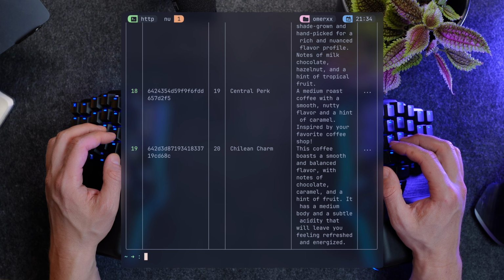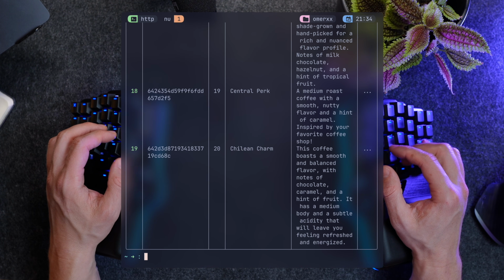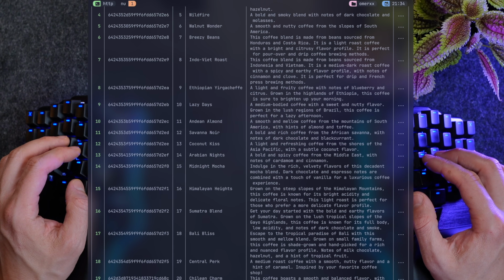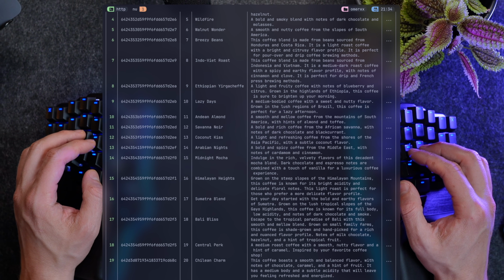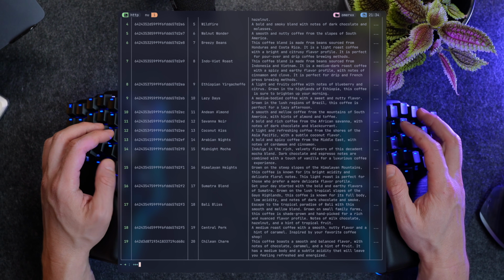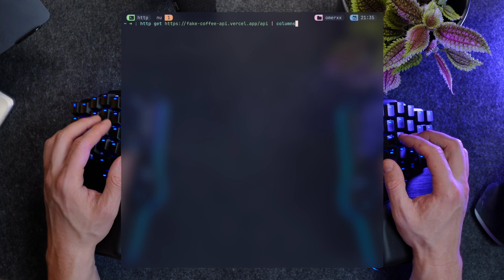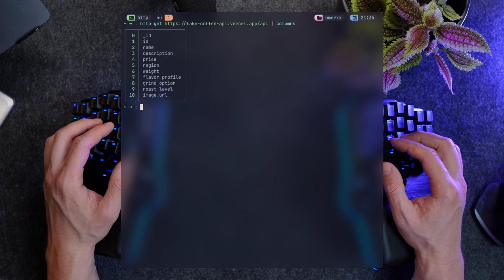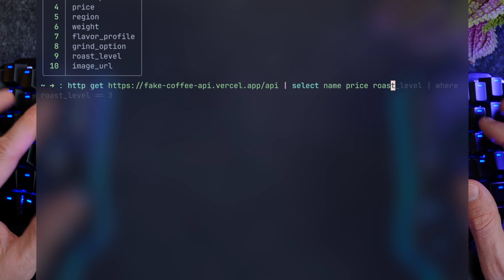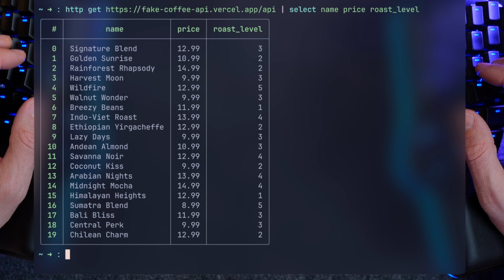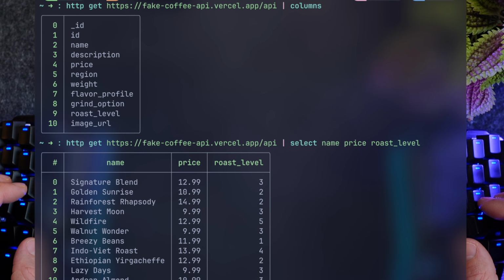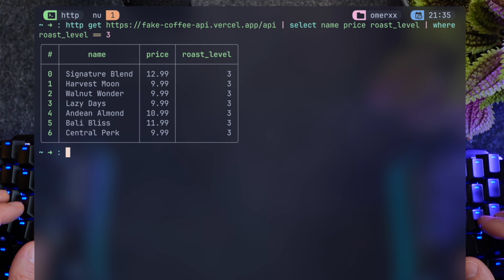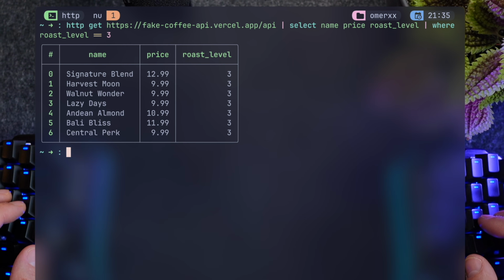Nushell's HTTP utility does everything we've seen so far, but it's integrated into your shell and Nushell's data capabilities. Getting our coffee list comes back in the familiar Nushell table. We can zoom out to catch everything or use the great columns utility by Nushell to print the structure. Now with the relational data structure, we can start querying. We can select the name, the price, and the roast level. For example, I can keep querying by filtering a specific roast level, and this is a shell combined with a powerful set of HTTP tools to get, read, and analyze the data all in one.